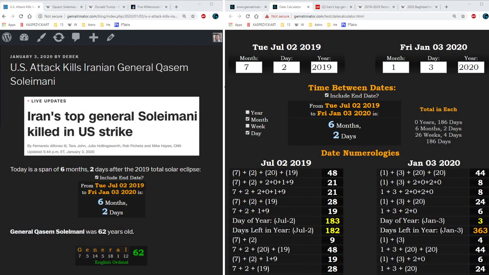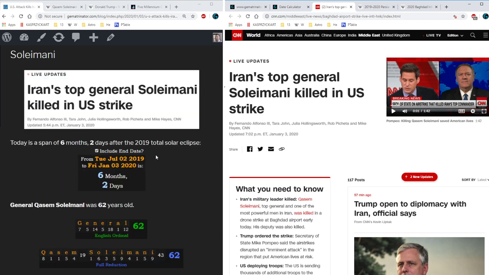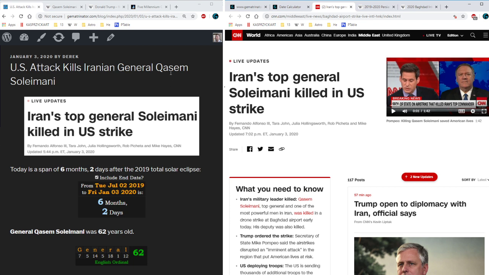Today's January 3rd, 2020. Pretty big news story today, as Donald Trump has ordered an airstrike at Baghdad International Airport. Reports claim that Iran's top general, Qasem Soleimani, was killed in this attack, as well as some of his other powerful cabinet members. Now, with this being such a big news story, we would expect it to be largely by the numbers, and that's what we're going to get into today.